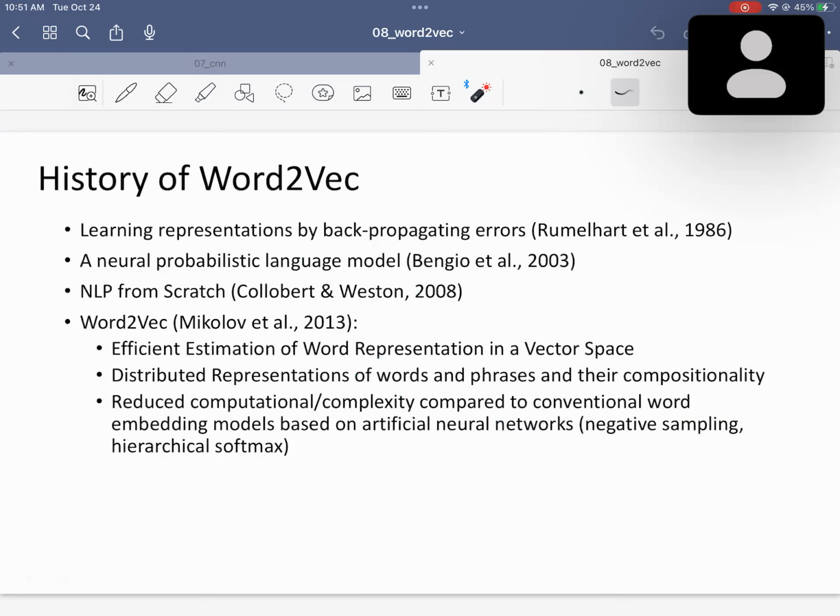So the history of Word2vec, or word to vector, this notion has been around for quite some time, even before Word2vec. Like people tried to use neural networks to learn a vector representation of words, but not so successfully until Word2vec. So there was Collobert and Weston in 2008, Yoshua Bengio in 2003, even way back in 1986. This is like backpropagation, so forget about this. But at least in 2003 and 2008, people tried to learn a vector representation of words without putting any domain